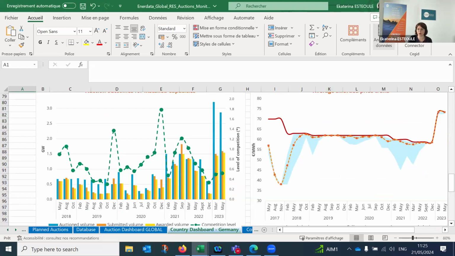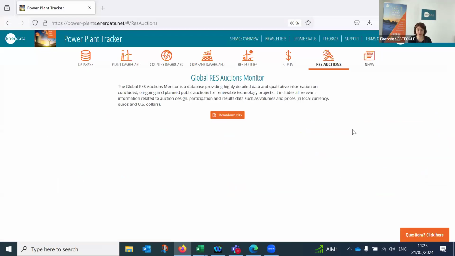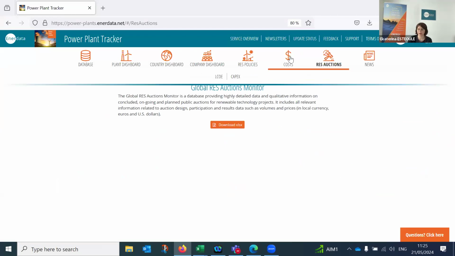So renewable auctions, then we have 2 more modules to check, and one of them is cost. As Christian already mentioned, we produce long-term forecast data.